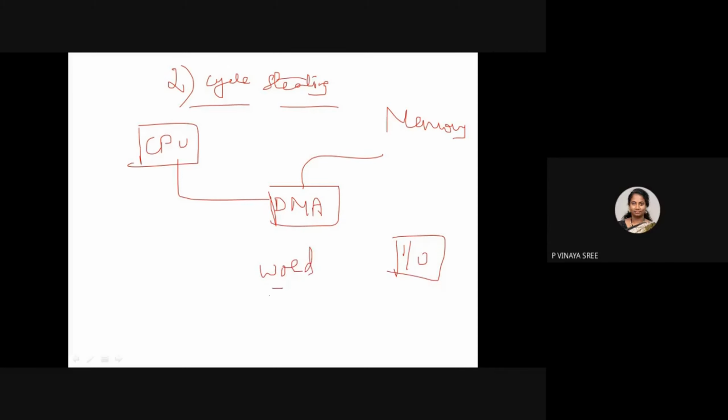the word count equals 0? No. If initially the word count equals 40, when it comes to 39, then it releases the system bus to the processor. Again, why? Because meanwhile the processor is executing internally some other task. So soon after completion of one word transfer from IO to memory, when the count becomes 39, it releases the bus. So meanwhile, the time waste should not happen on both sides.